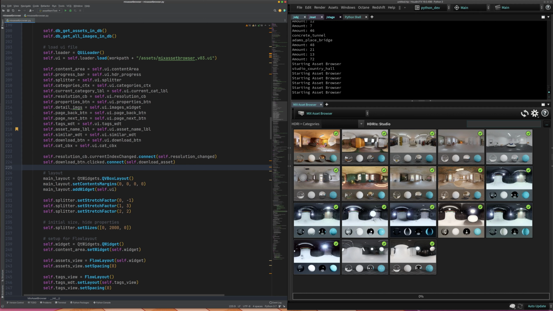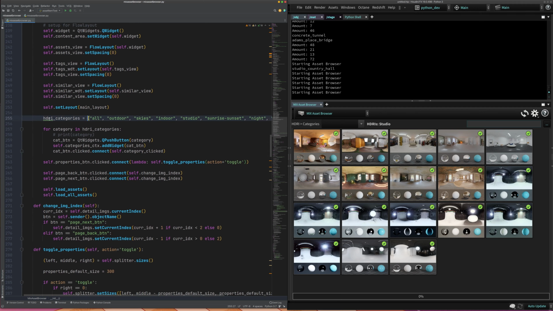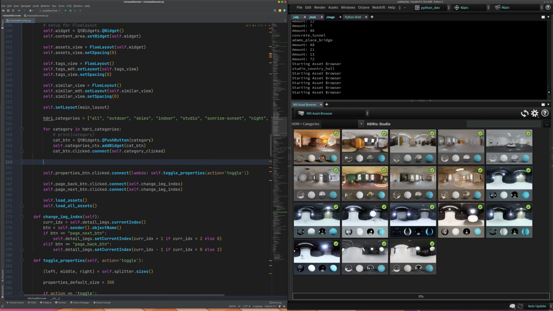So what are we going to add there? We're going to add the same categories that we added in the side here, where we're doing those buttons. So it's going to be in this area right here. We're creating those buttons here, right? So this is going to be simple. You don't really need a loop for this. I call fill category menu